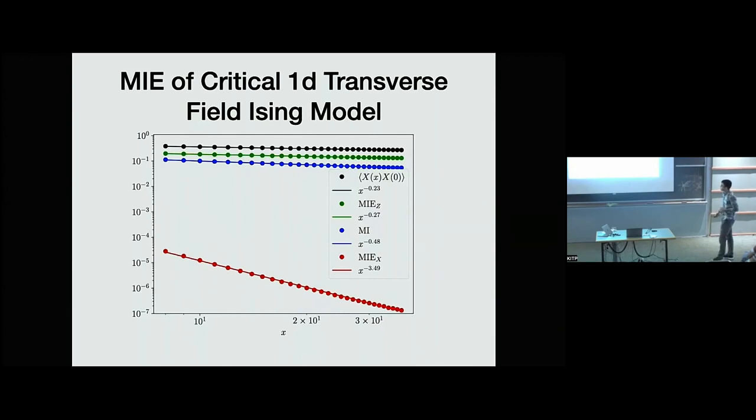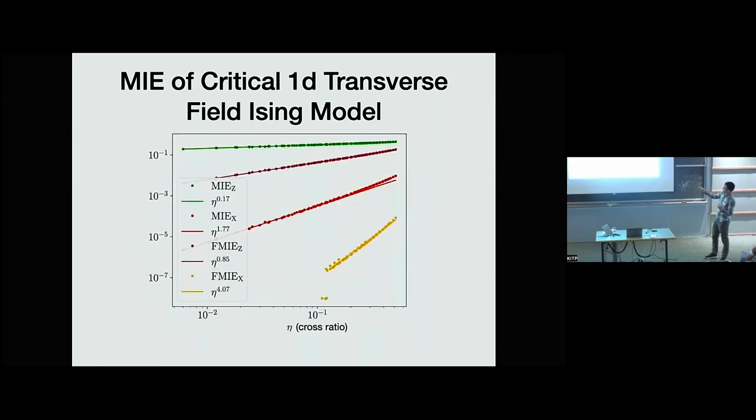Okay. So what was kind of surprising is that when we relax the condition that A and B are single qubits, when we allow A and B to vary in size and in their distance, then the MIE appears to be only a function of the cross ratio of the geometry. So in other words, the MIE appears to be a conformally invariant quantity, which at least we still have some